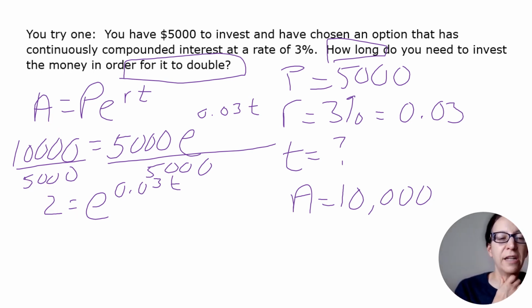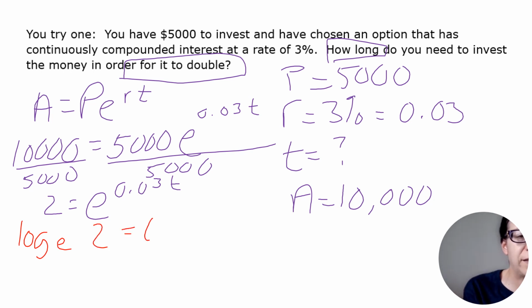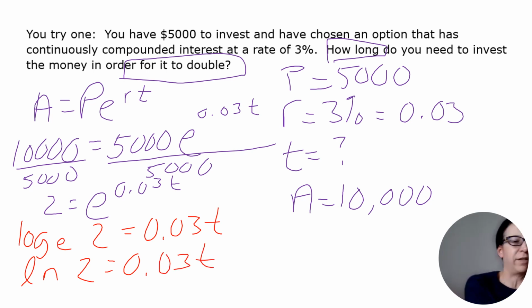All right, so this is an exponential, so I'm going to try changing it to a log. So this would be log base e of 2 is equal to 0.03t. Remember that log base e is the natural log. And you will need a calculator to evaluate that. So I'm going to type into Desmos ln of 2, and I get,